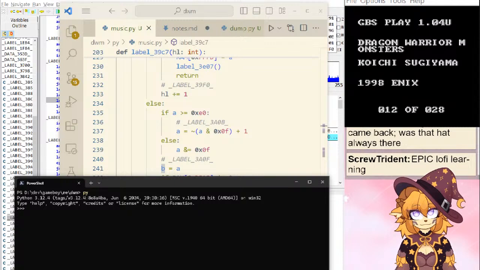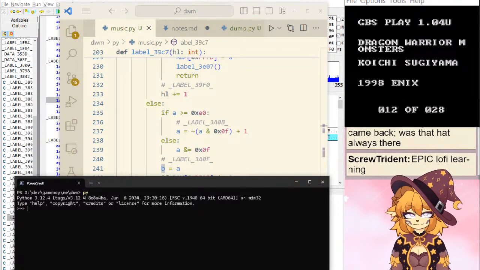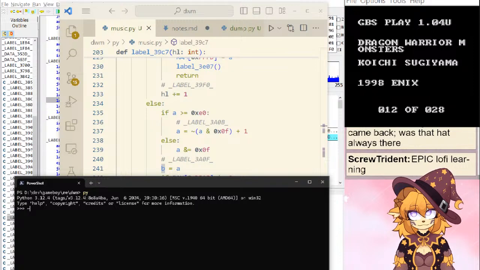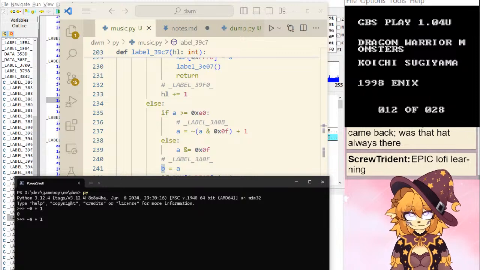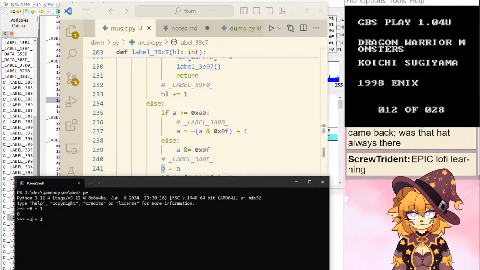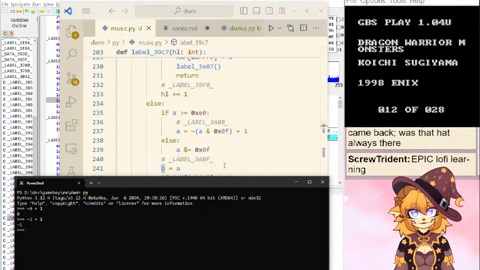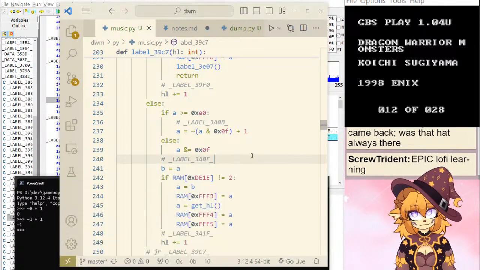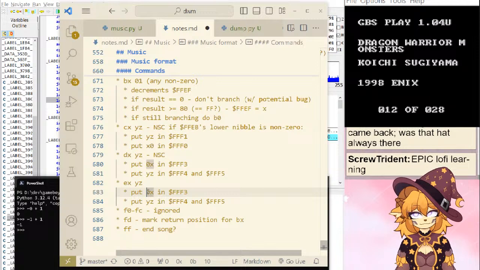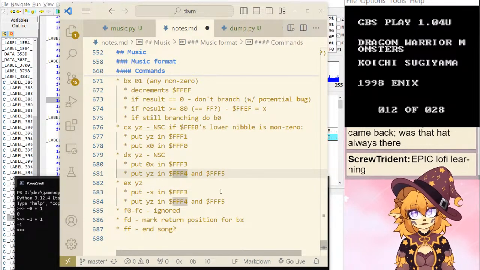So if we say that it was 0, it would be not 0 plus 1. It's still 0. Not 1 plus 1 is negative. Right. So that's negative. Negative X.